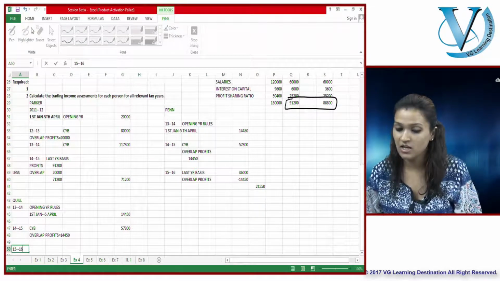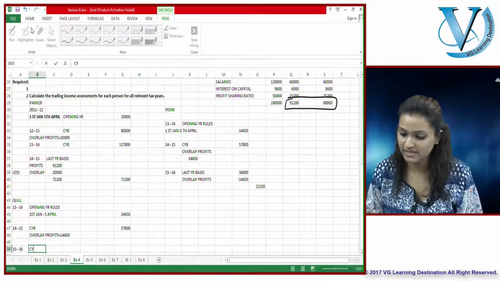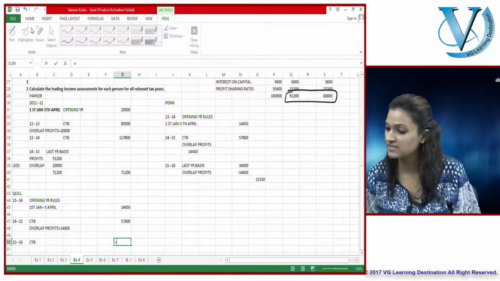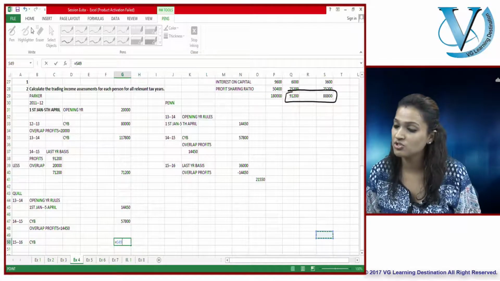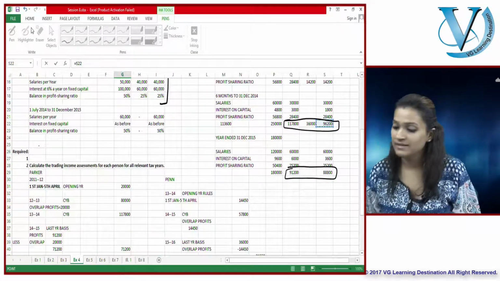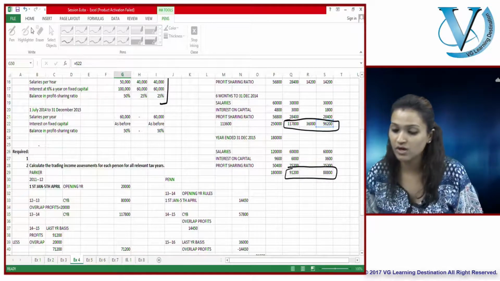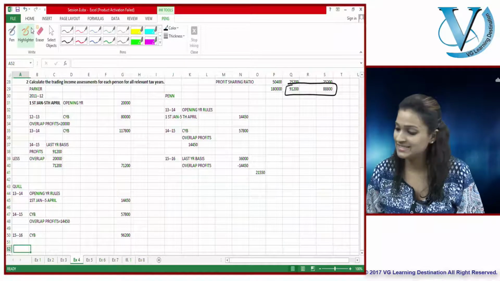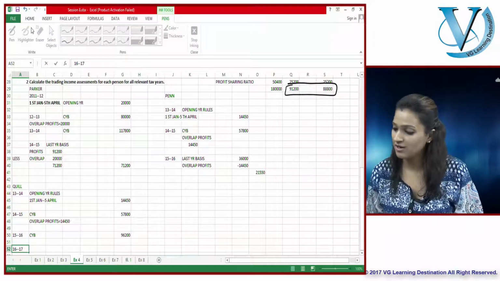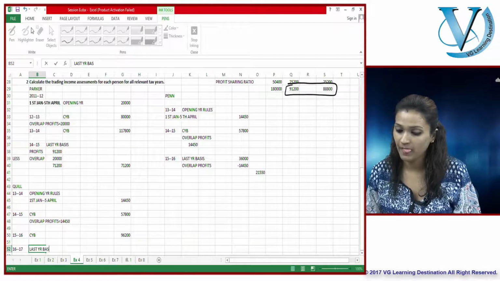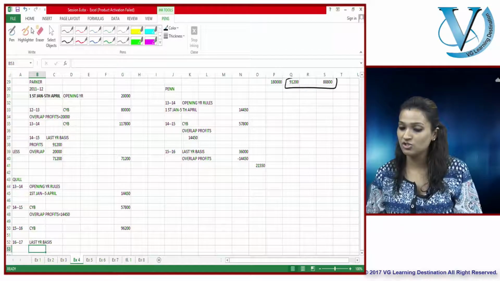What happens in next tax year? 15, 16. You've already arrived at the current year basis. So what you do, just simply tax the 12 months of profits, which is equals to how much? Let's get it down, which is equals to 96,200 for Quill. Up next, 16, 17. You have your last year basis. Why? Because the business has now ceased to trade.